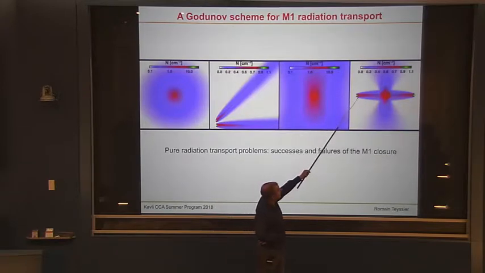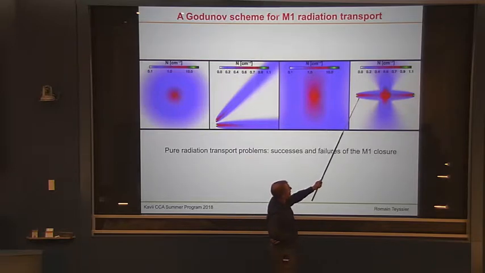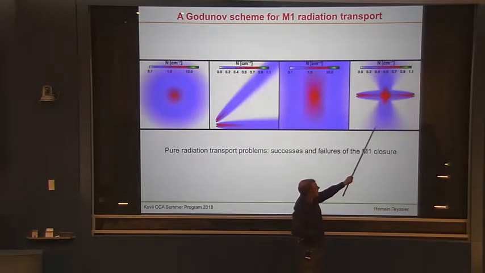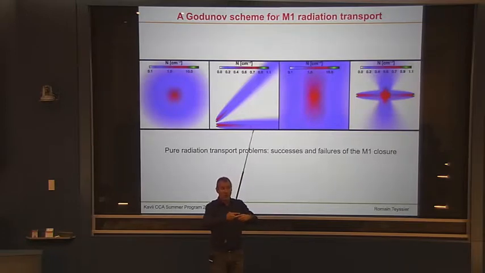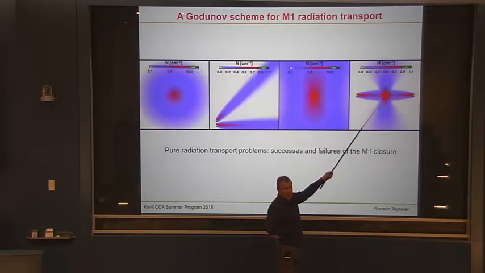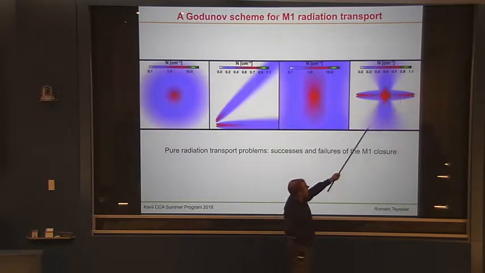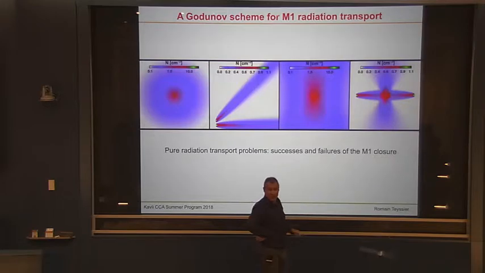So you have two beams of radiation. This is all in vacuum, by the way. These two beams should just cross each other and ignore each other, right? But here you have a collision of photons, right? Not good. And so you see, instead of having the proper solution, which is that the radiation should go as a straight line, it collides and emits radiation on the side, right?